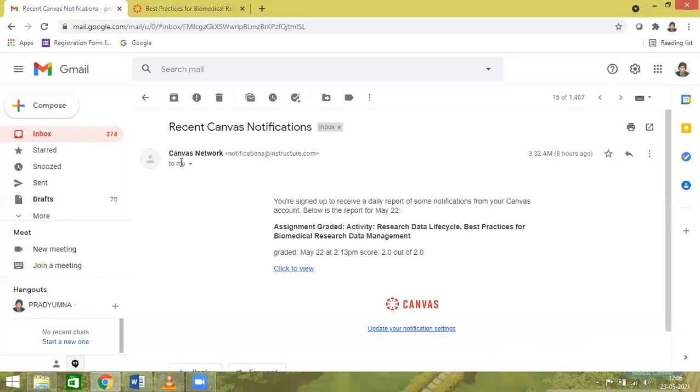You will get the mail from the Canvas network. Then it will mention which course you are going for, research data cycle. The information of all the hospitals, whether injections and oxygen cylinders are available or not, we are going to display online internationally. That is the greatness of this particular course. Data management research.